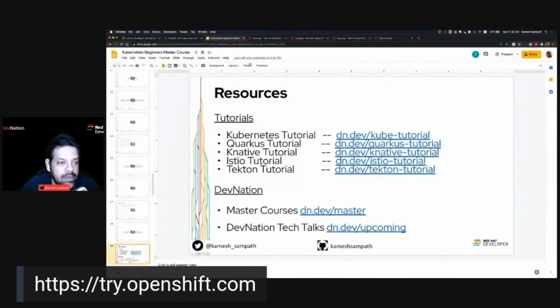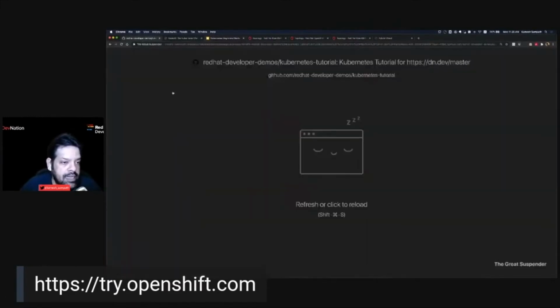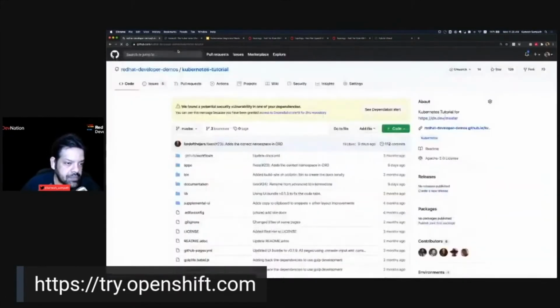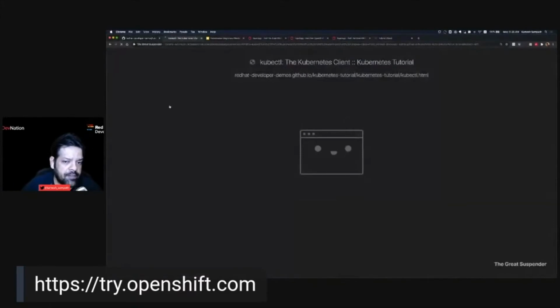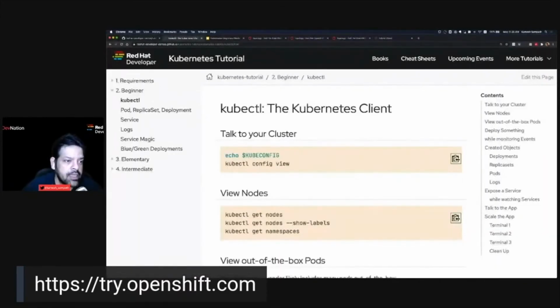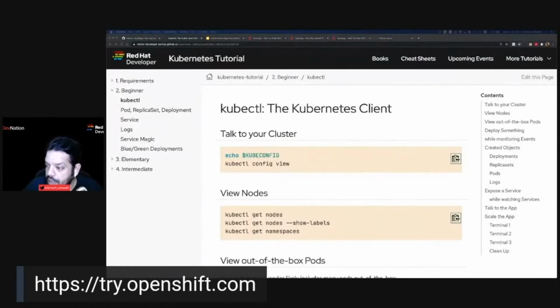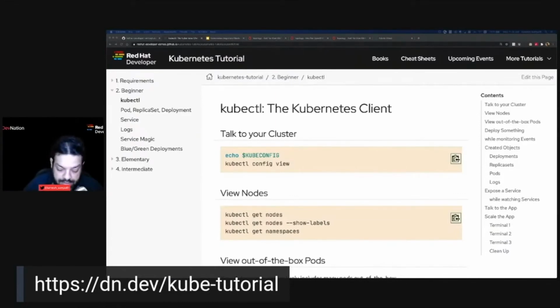So let's go back to the demo. All the things which I'm going to run in this demo are available as part of the Kubernetes tutorial. So you can go to the tutorial from here. I'm just going to paste the tutorial URL on the chat. dn.dev/kube-tutorial. Okay, so this also shows you how to get started with a very primitive Kubernetes cluster,